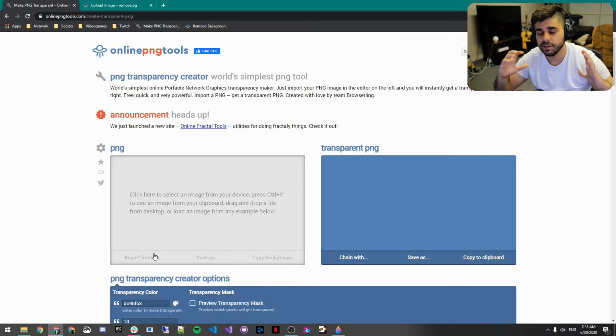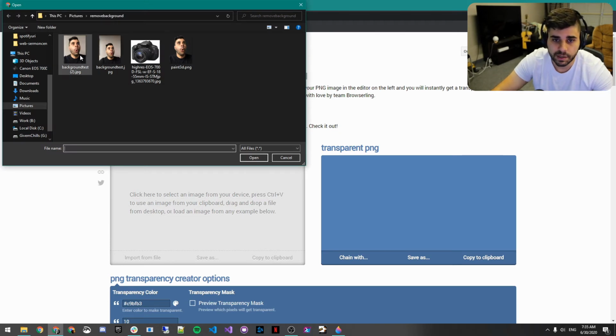The main thing about this tool, right, this is online PNG tools. If you do not have a background that is solid and it's the same exact color, this will not work. If I wanted to get a product image background to be transparent, or a logo transparent, like in the background, I had a logo that had a white background and I wanted to be transparent, this is a tool I would use, because as you can see, once you upload an image right here,